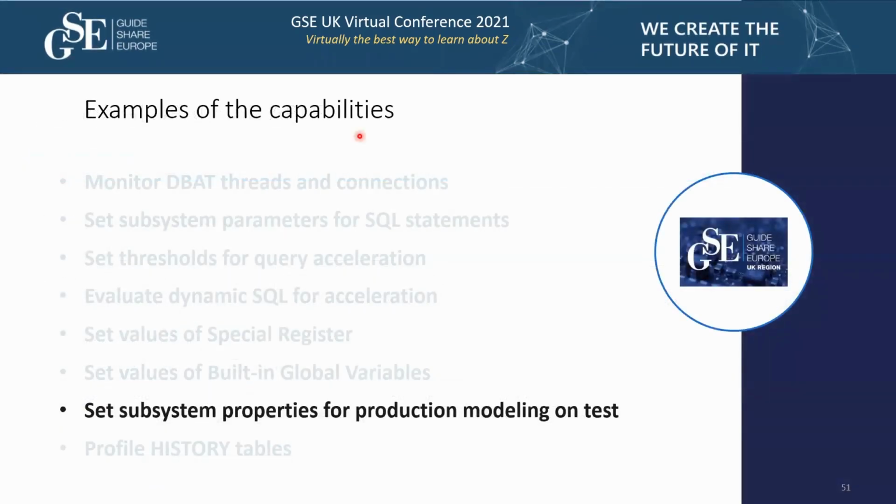How to set subsystem properties for production modeling on test. With DB2 profile, I can get some help on that. In some shops, for some DB2 environments, someone might need to model the test environment as a production environment. So someone wants to simulate, as much as possible, a test environment as a production environment. You can do this by doing different things,